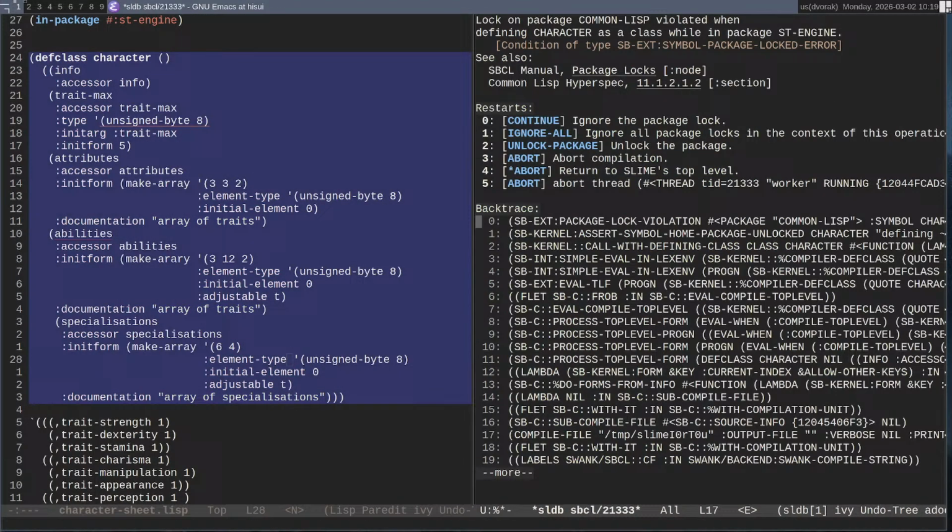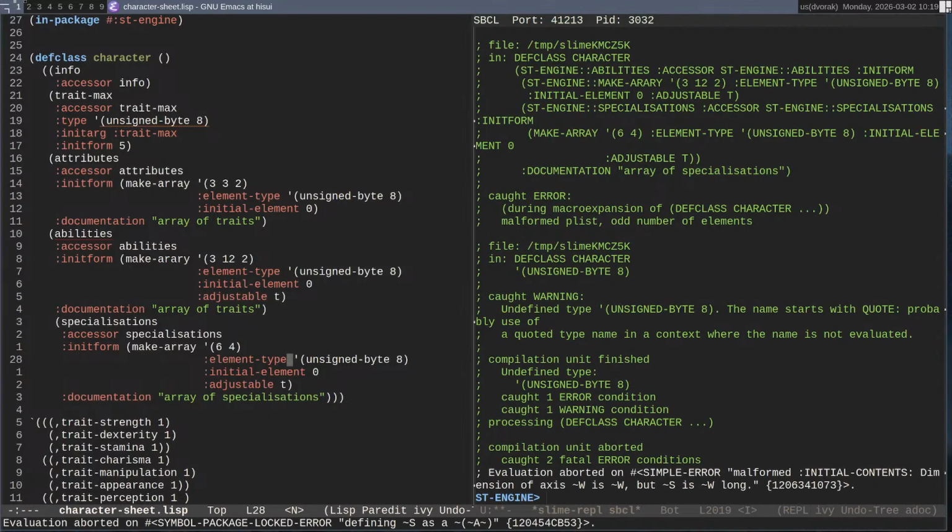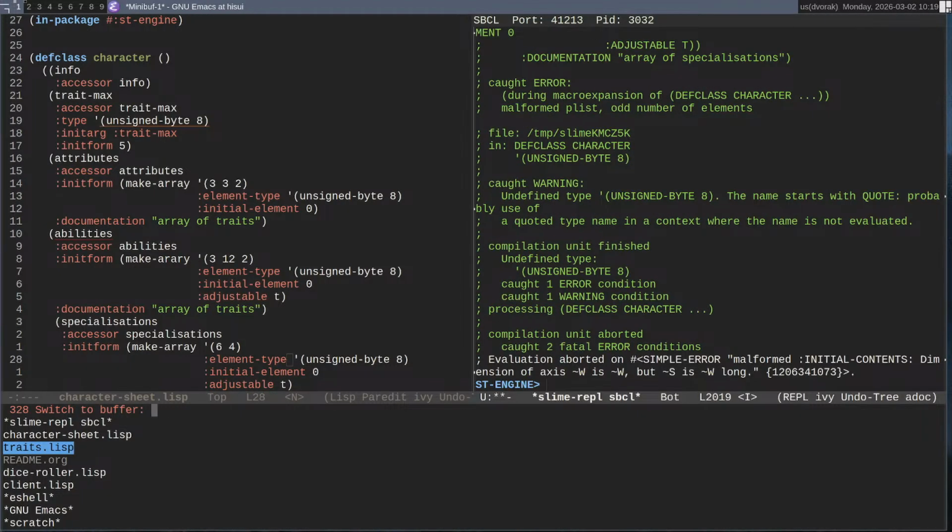This one is better. Lock on the package COMMON-LISP violated. Have I already got another? Oh, I'm violating locks.